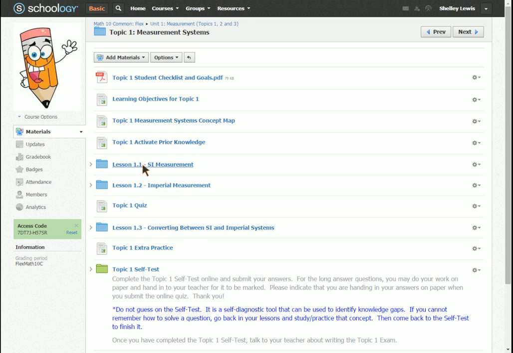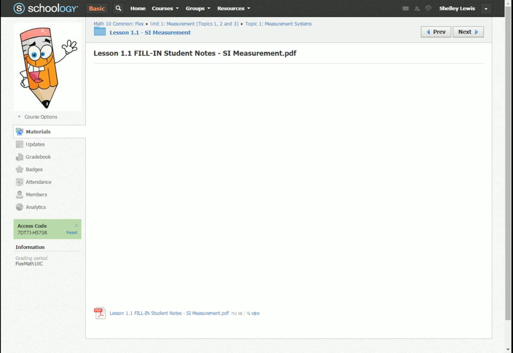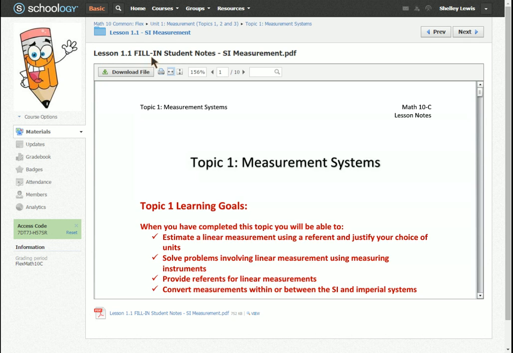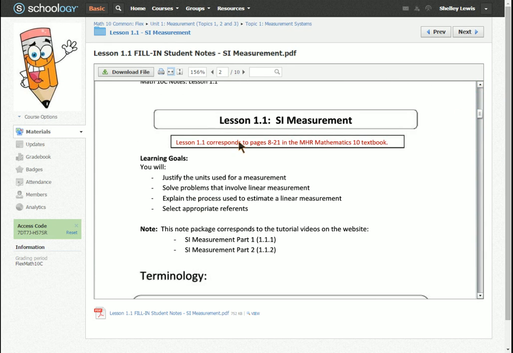So we'll click on the lesson 1.1 folder, and this is what you'll see in each lesson. So there's 2 versions of the notes. The first version is one I recommend you print off and do as you're working through the lesson. So the fill-in student notes start off by giving you an overview of the topic, and then they go to the lesson. It'll tell you which textbook pages the lesson corresponds to in the McGraw-Hill Ryerson textbook, learning goals for that lesson, which tutorial videos it links to,